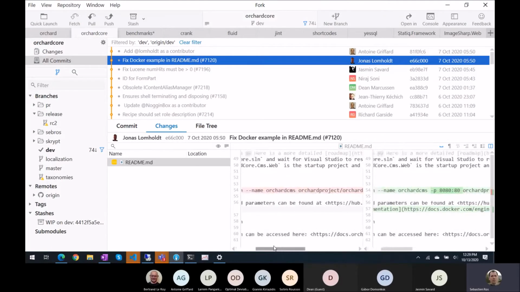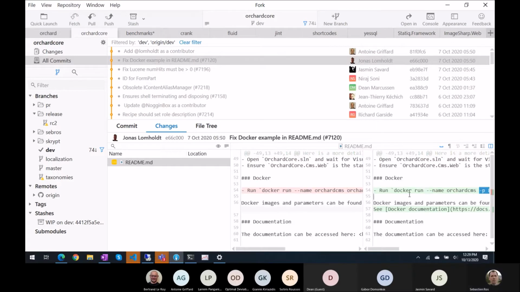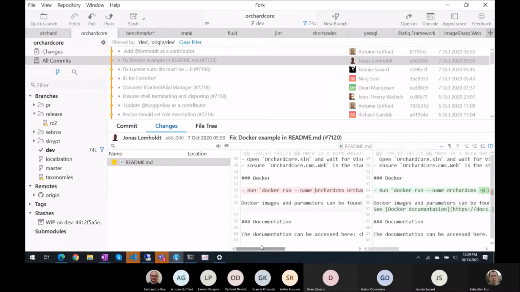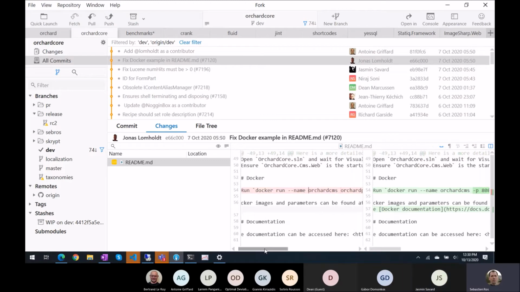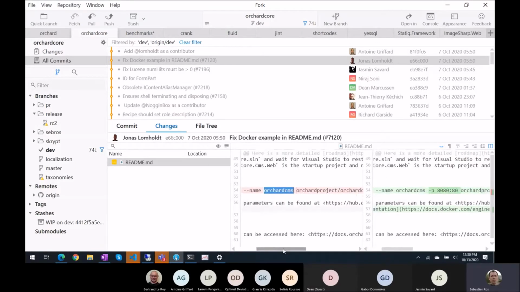I don't agree that it's an issue with this example. You don't have to do that. You might even not want to do that. So here, when you don't say anything, it depends on the Dockerfile, but there might be some exposed port, which is a default from Orchard, or in this case,